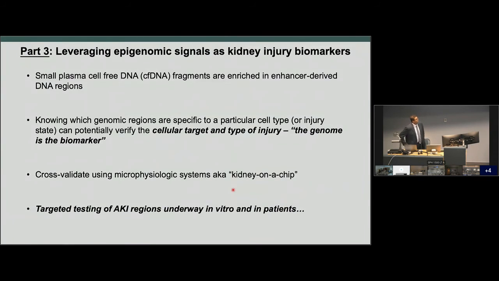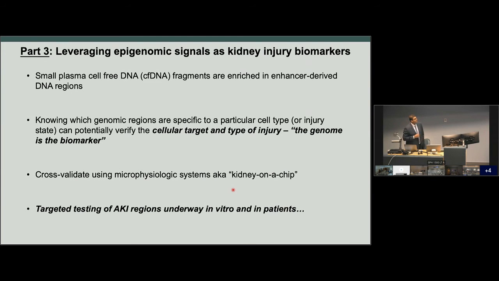So again, the last point just by summary here is that these small DNA fragments in the cell-free DNA are going to be derived from enhancers that may actually, because they're so cell type specific, identifying where they are itself might be the biomarker of which cell type is injured. Okay? So here I want you to radically rethink what you think about a biomarker, because here the genome itself, the specific location in the genome, becomes a biomarker in the case of cell-free DNA. There's always a lot of hype with these things, but we'll see how this one plays out. But I think there's enough traction in here that we might be able to get some positive forward progress.